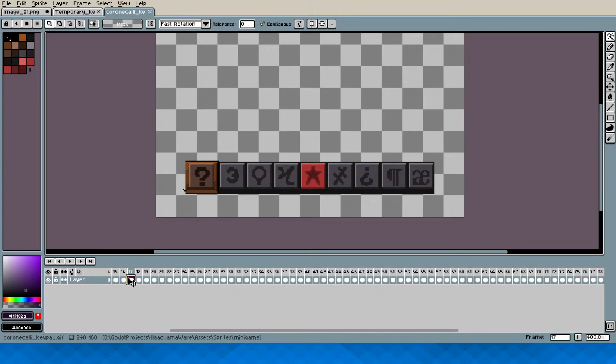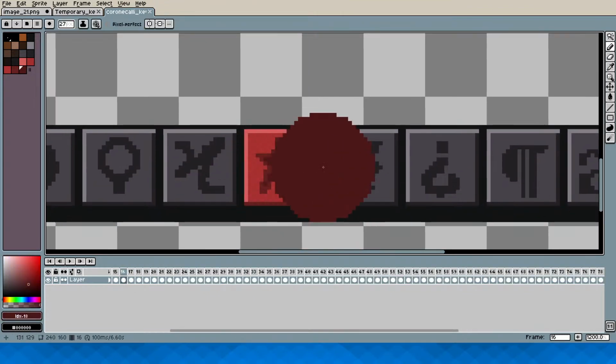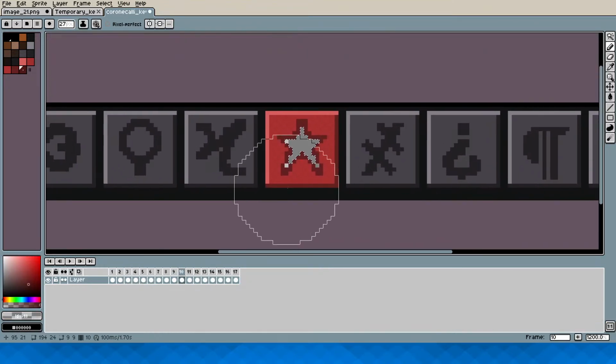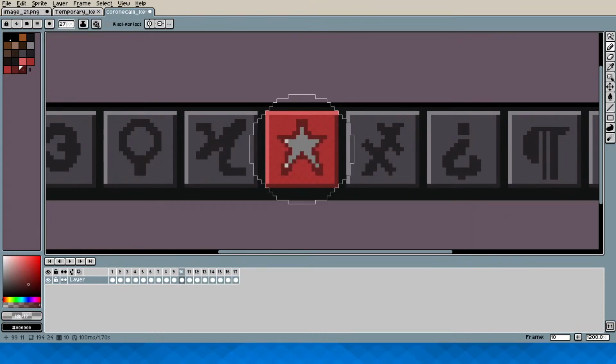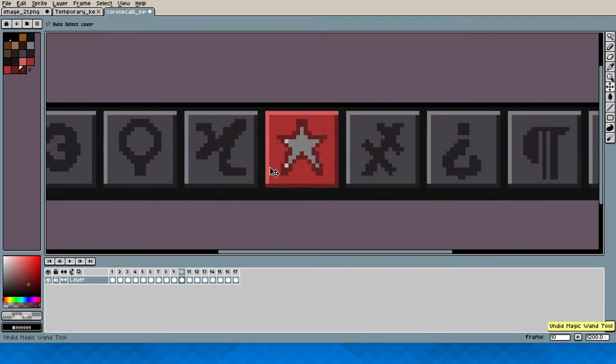Oh boy, sprite problems. Okay, is this some kind of background color or something? Let me just fill that back in. Wait, what? I just color picked. Where'd it go? Wait, did it just get removed from the palette or something?